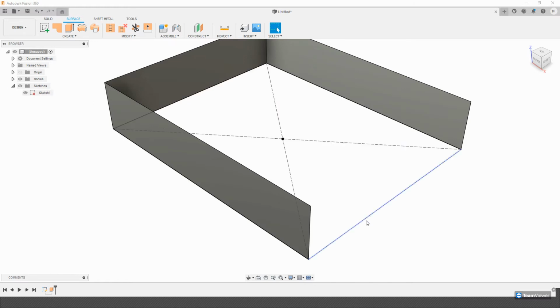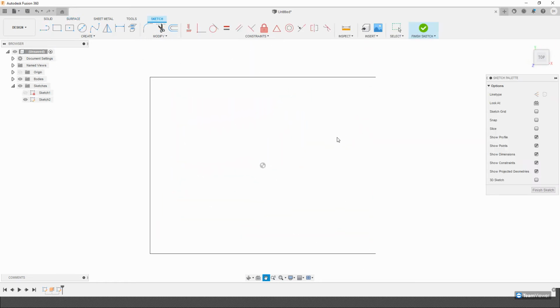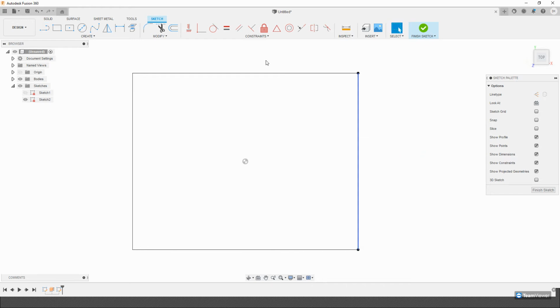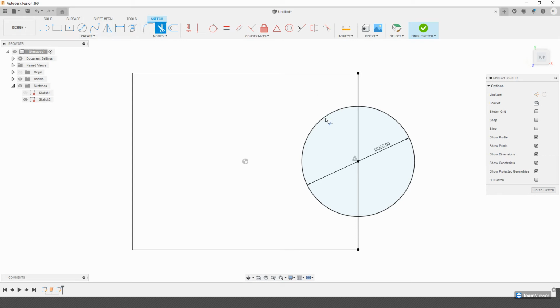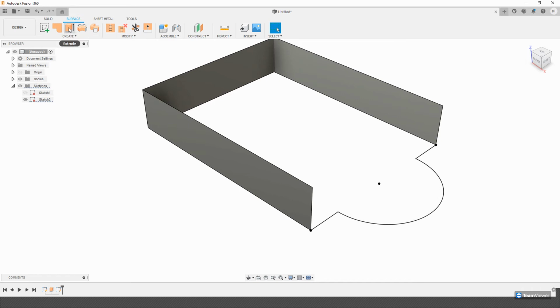I'm going to draw a new sketch just to make it simpler. Now I want to draw a certain type of line. Perhaps I'll project those two, with snap on. And maybe I'd want to have an arc at the front, so I'm going to make it 250. I'm going to trim that and trim that, and say OK. I'm going to do another extrude,